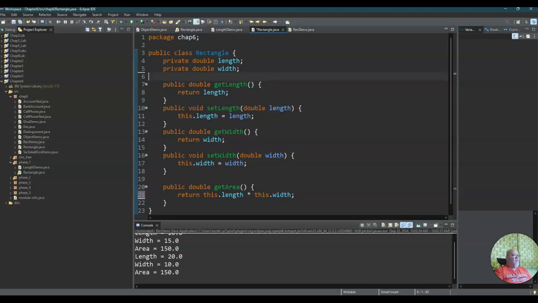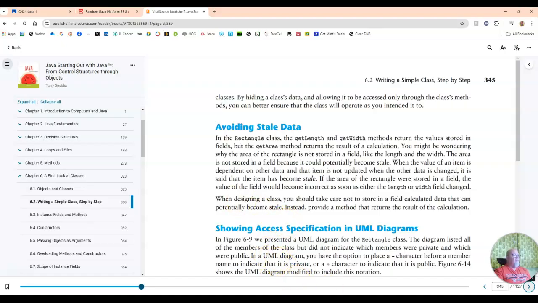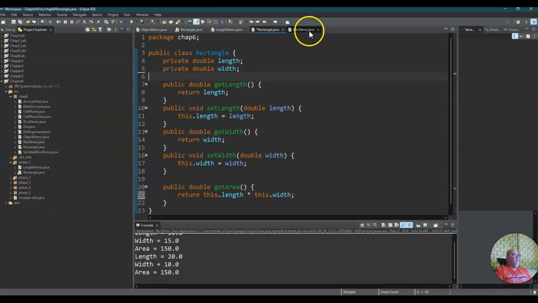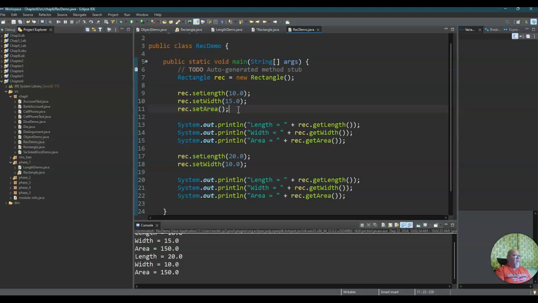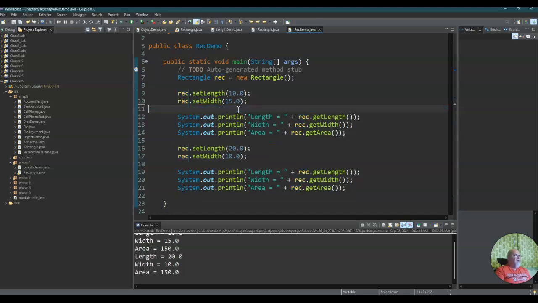So now if I come back to my rec demo, I'm going to get rid of this set area now. We're always going to get the freshest data that there is, because our get area always does a calculation of multiplying length times width. So now when it runs, notice its length is 20, width is 10, the area is now